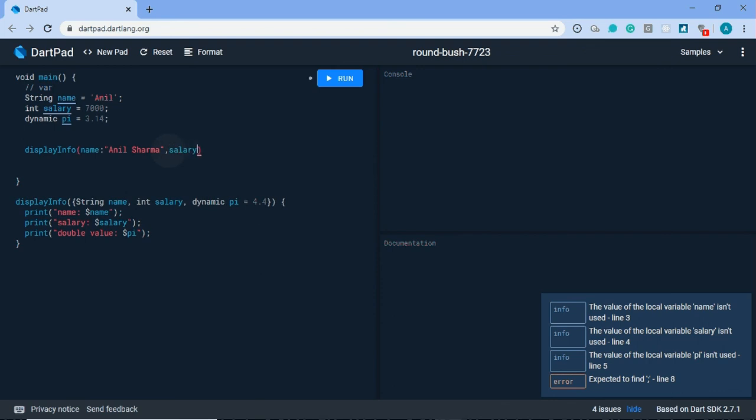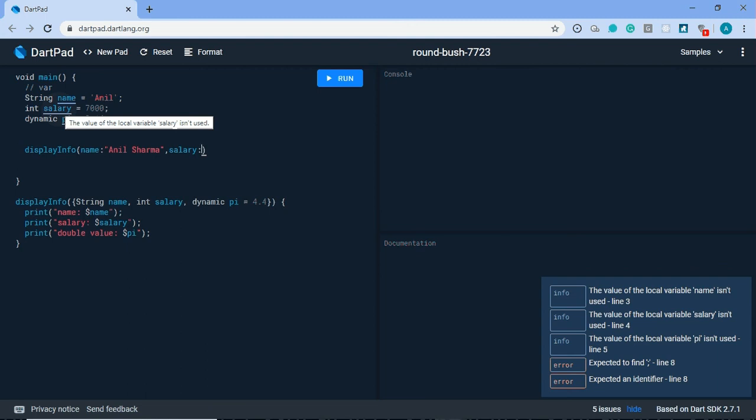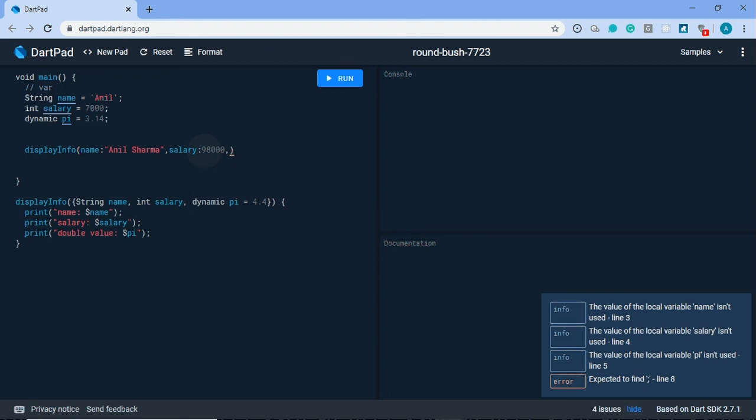So salary, and in this we can pass a variable name also, but now I'll just pass a value. Okay, suppose 98,000, and third parameter is dynamic. Okay, so dynamic pi,